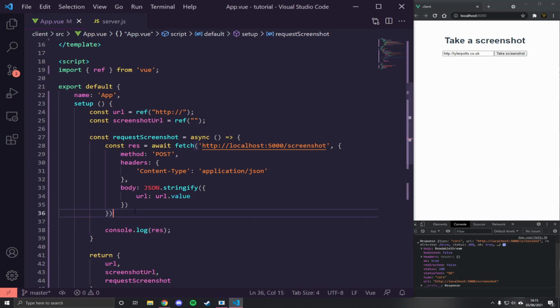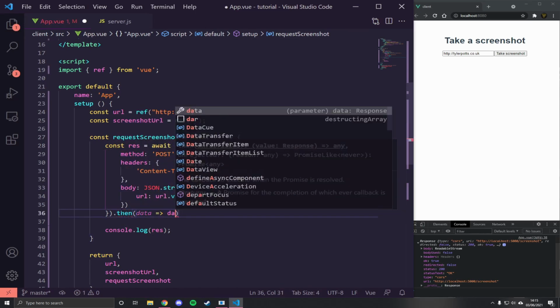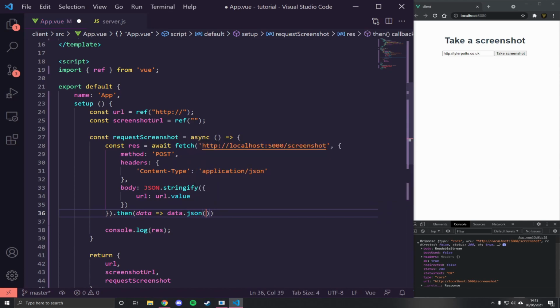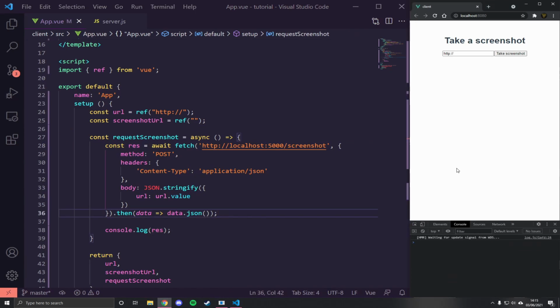So what we need to do is inside of our fetch request, after it, we're going to do .then, and we're going to say data is data.json. So we're just going to convert it to JSON before we return it to our result method. And now in here, if we just refresh, and we just say tylerpots.co.uk again, take screenshot, you can see we get success, true, and ID. Now, if we copy this ID,